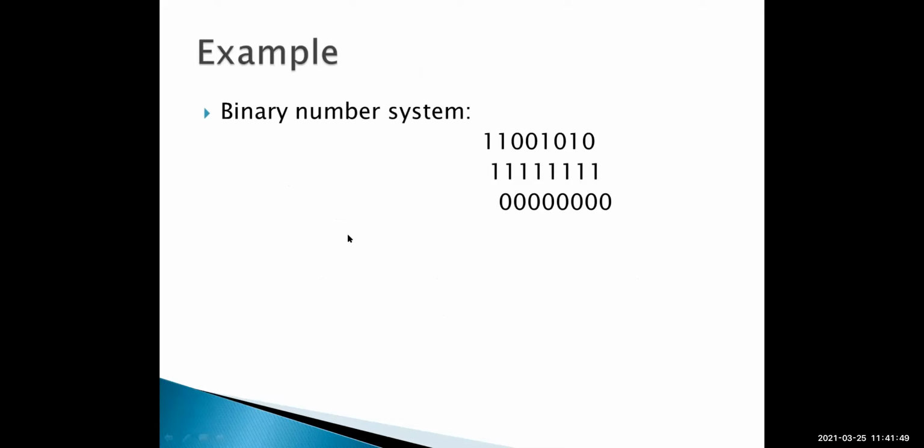Next one. So this is an example of the binary number system. You will get only 1 and 0. So the first number, 11001010, is an example of binary. All ones is also an example of binary. All zeros as well. So you can write any examples, like suppose that I'm writing